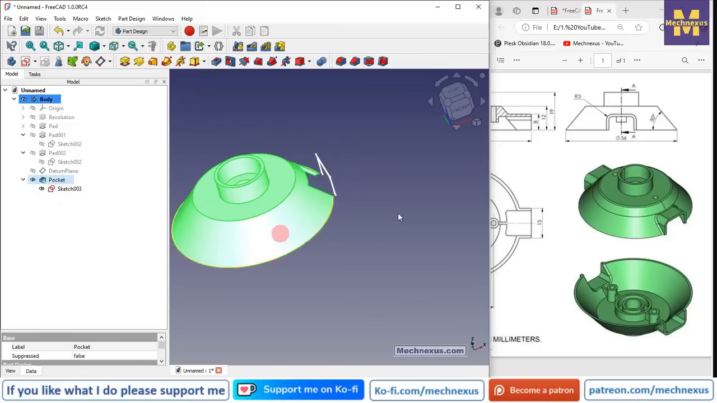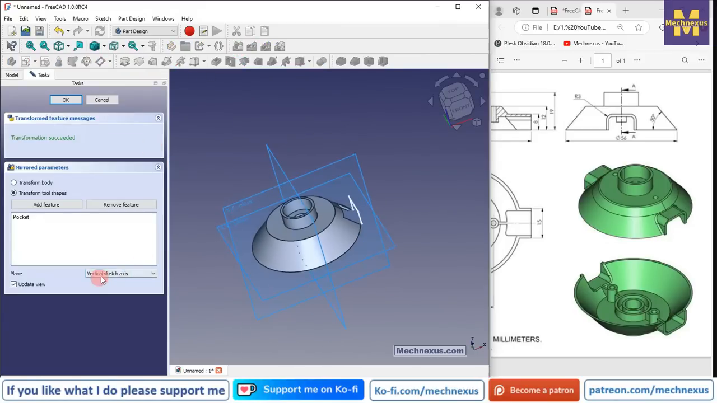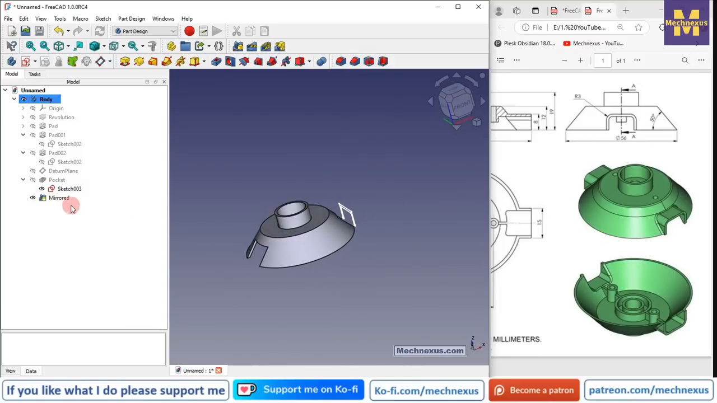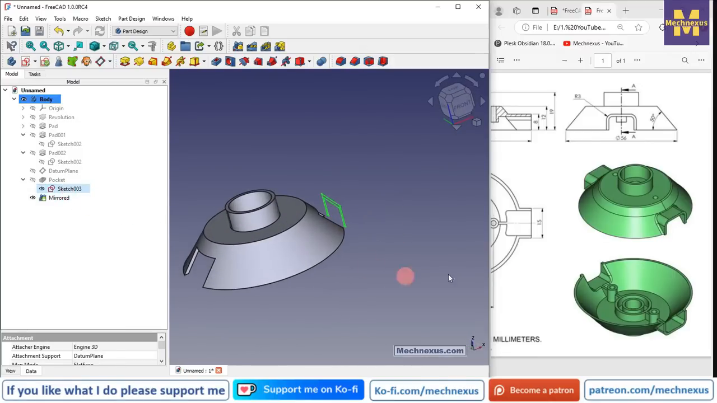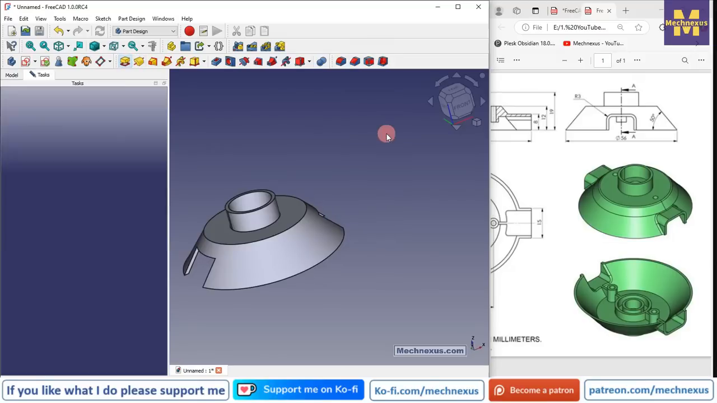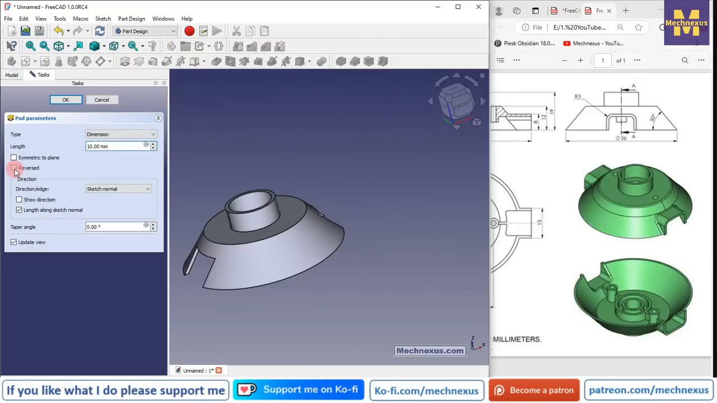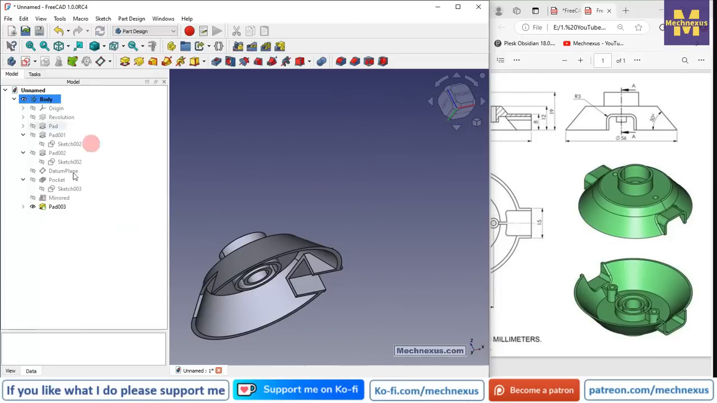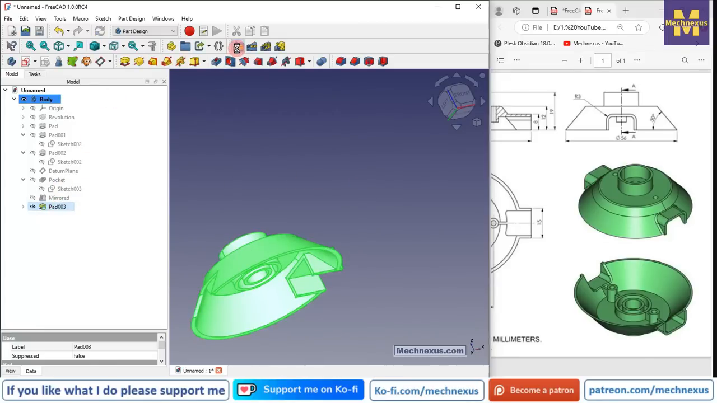And now we will first mirror this pocket. Select reference and select it, so it has got mirrored. And now we will select the sketch and click on the pad, click on reverse, and let's give it 12 mm. Click on OK. Now we will mirror this pad, click on the mirror,